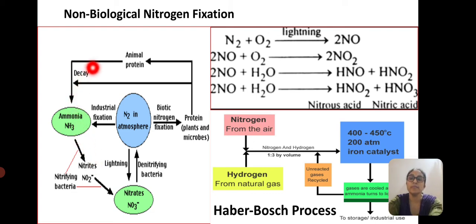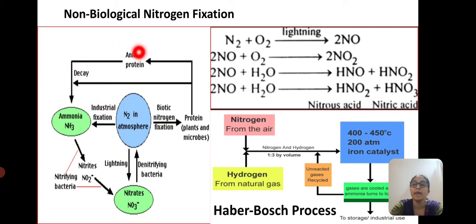Let us quickly see the non-biological nitrogen fixation. Once again, in lightning, these reactions take place: N2 plus O2 gives NO, that is nitric oxide. Nitric oxide again mixes with atmospheric oxygen to give nitrogen dioxide. It combines with atmospheric moisture to give hyponitrate and also nitrous acid. And NO2 plus water also gives nitrous acid and nitric acid. So when these two reach the soil,